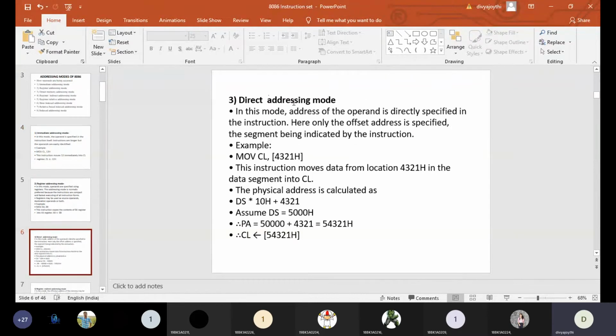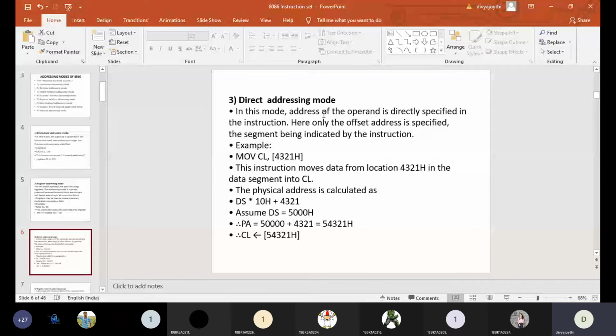But if you look at the direct addressing mode, a number will be there in the instruction, but that number will be present within the braces. So when a number is represented within the braces, it does not represent the data, it represents the location of data, where the data is being stored. So that is about the direct addressing mode.